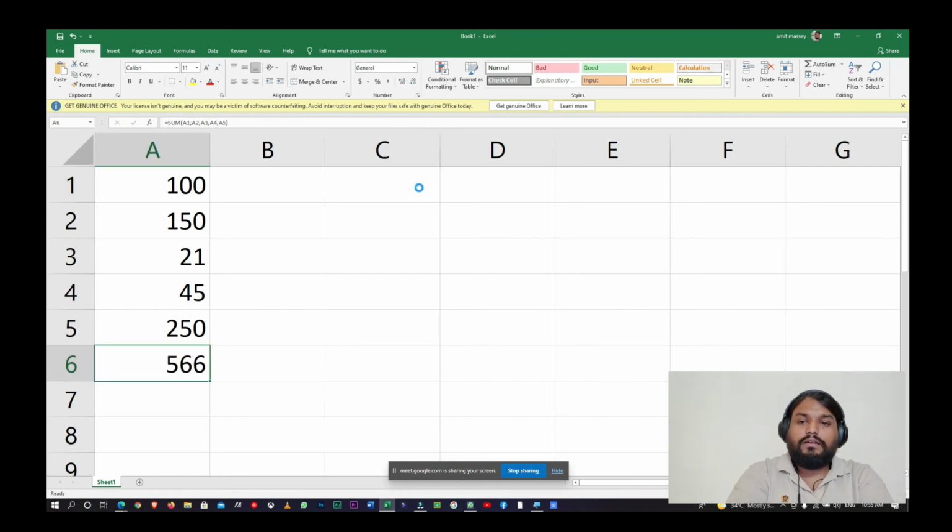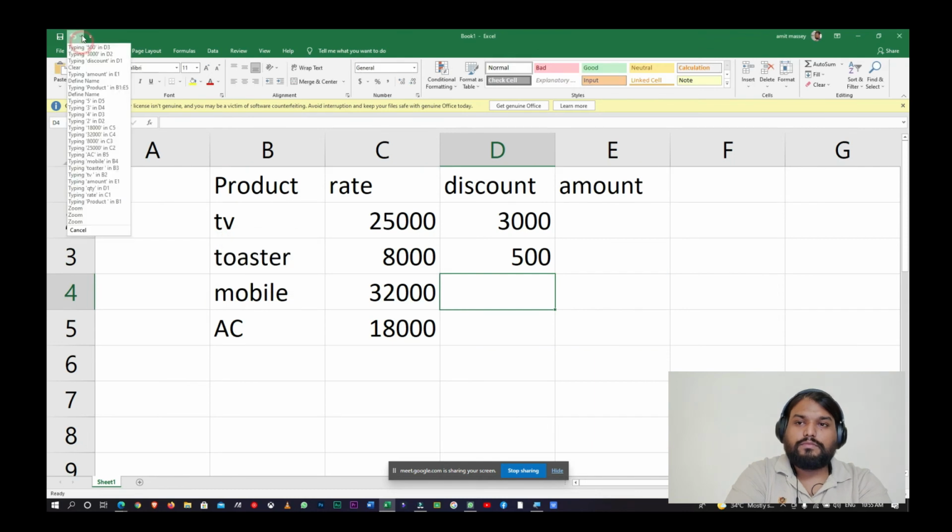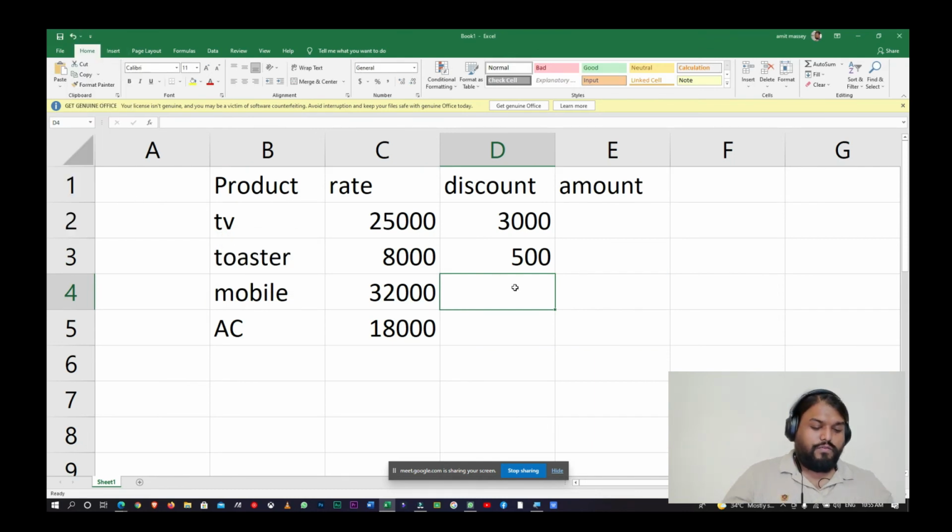I'll go back. We are finished with functions, defining names and ranges. Now we can come to page number 23, using your functions on some other data.